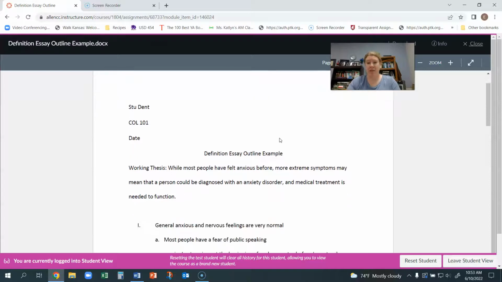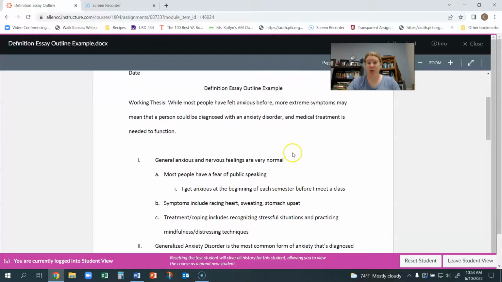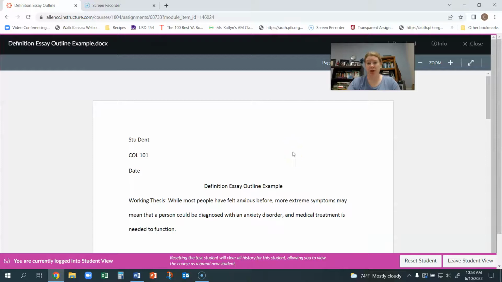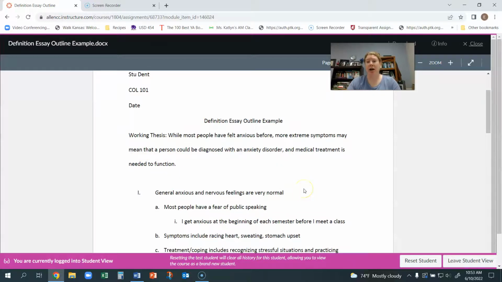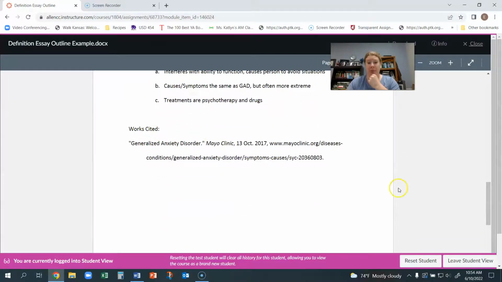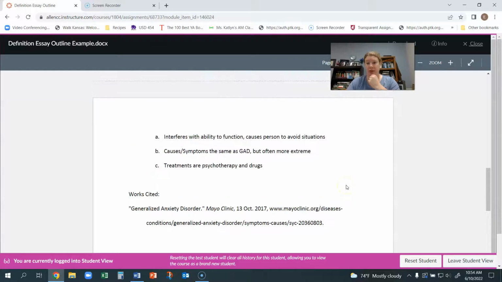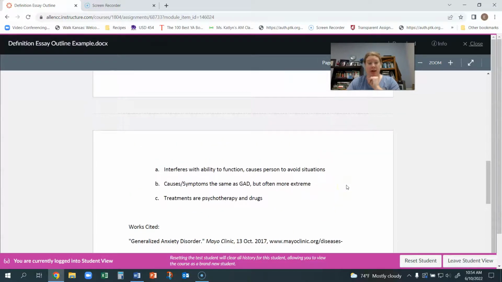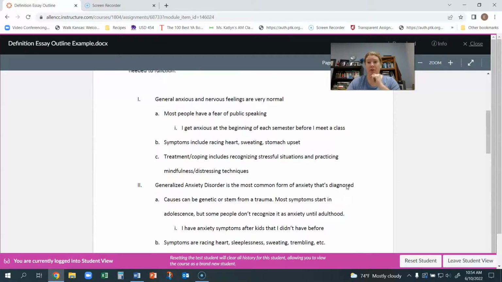And so the sample outline I have here, which you are more than welcome to download and just write over, uses anxiety as an example. So we're working with a topic that you have personal experience with, so that you can draw on your personal experience as part of the specific details that you include, but you're also including at least one source. So I've included down here at the bottom my works cited entry for my one source, which is also the example that I have in the module for using documentation.